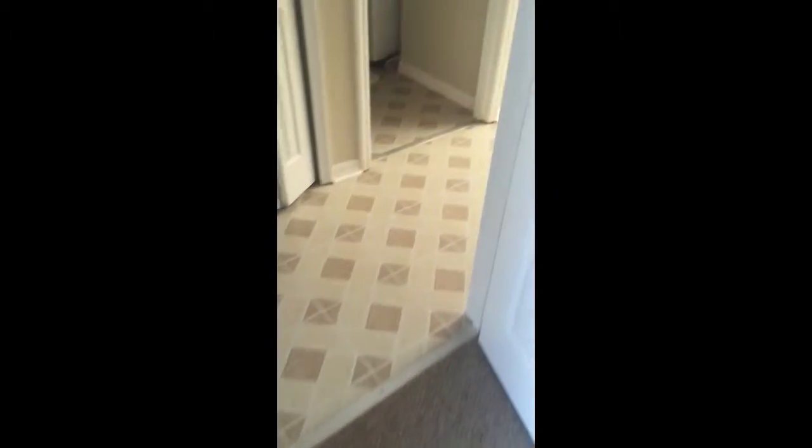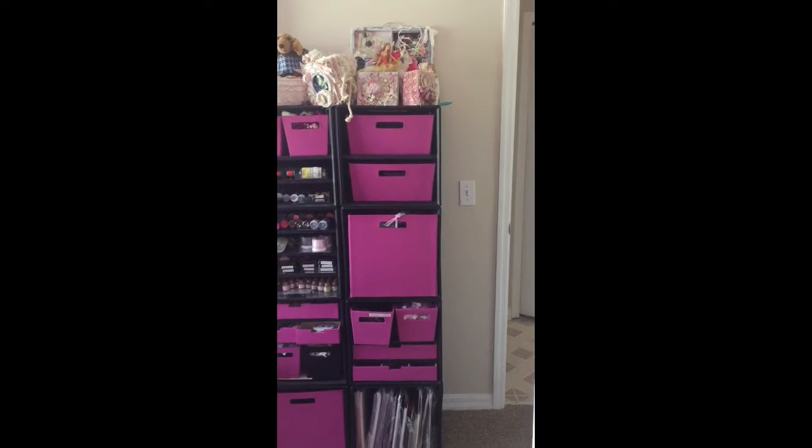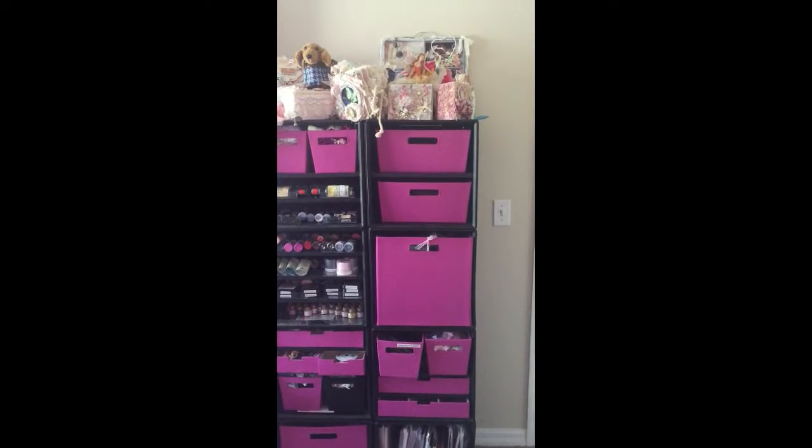I have carpet in this room, and then there's tile right here in this little area. And then the rest of the house, it's really messy, don't pay attention. The rest of the house has like this beautiful wood flooring, but then this back section has not wood flooring. So anyway, here, when you walk in the door, I have a lot of shelving, and